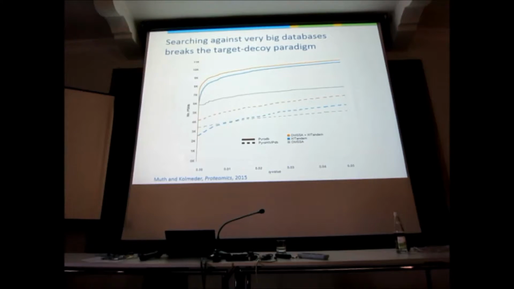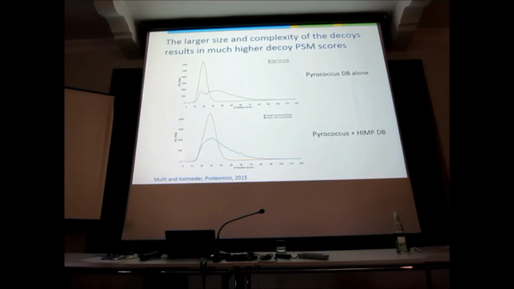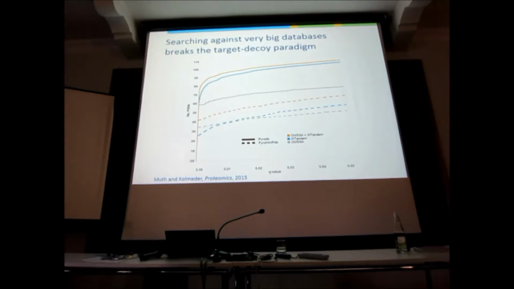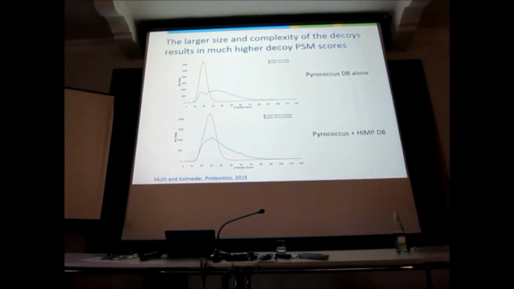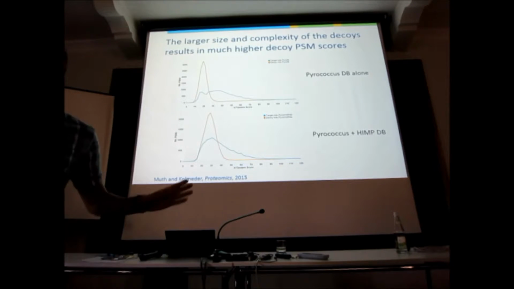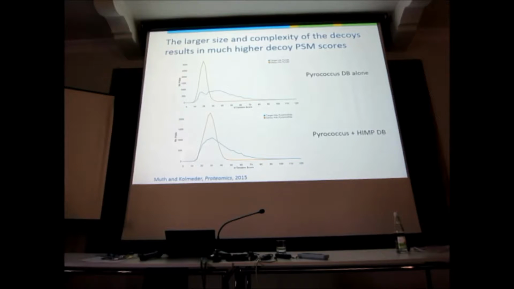So people come up with a way to fix that. And the first thing I have to tell you is why do we lose all of these identifications? It's very simple. I have plotted the distribution of the decoy scores, these are in orange, and the normal Pyrococcus scores in blue. What do you see? The decoys all have low scores, and the Pyrococcus have both low scores and high scores. And the FDR mechanism is you put a line here-ish, where all the stuff on the right has 1% orange compared to the blue. That's 1% FDR in the stupid way, okay?